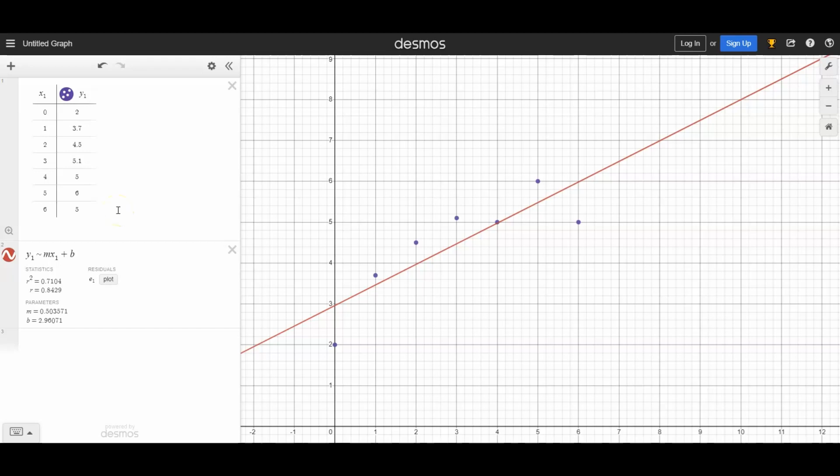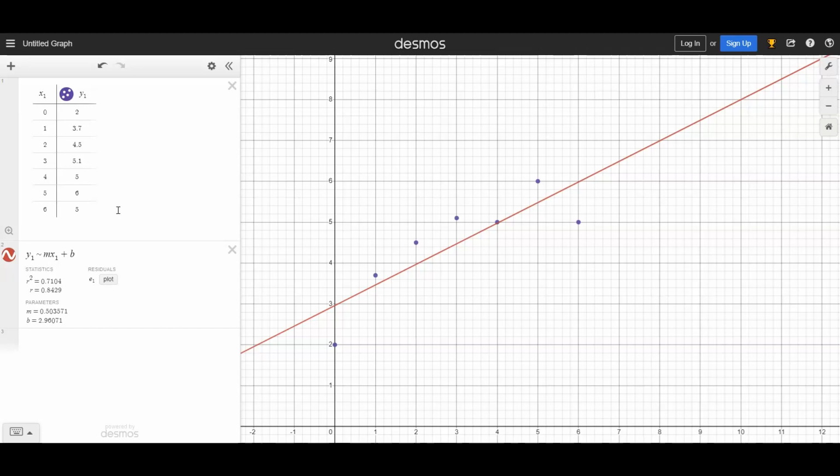In this video, we'll be looking at 3 technology tools that will be used in a linear regressions unit for Algebra 1 students. The first technology tool that students are introduced to is the Desmos graphing calculator. This tool is used frequently throughout the linear regression unit, and learners will construct a table of values with their